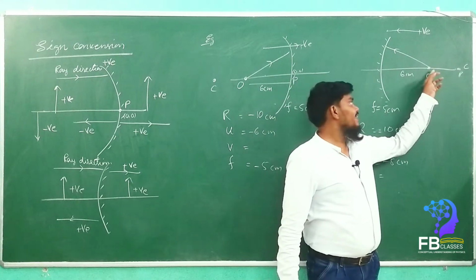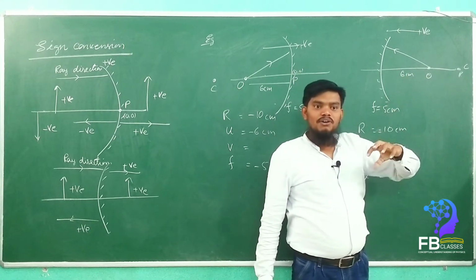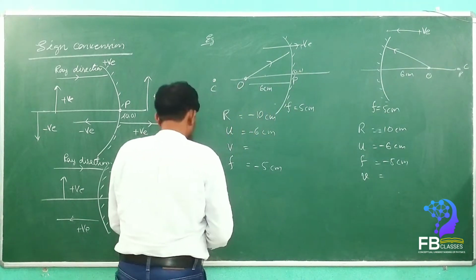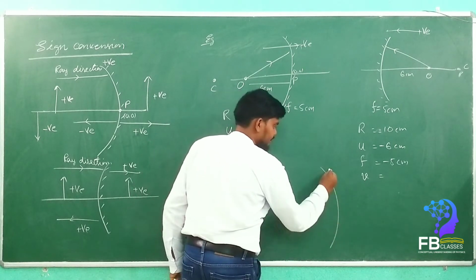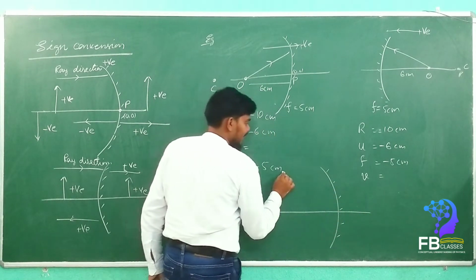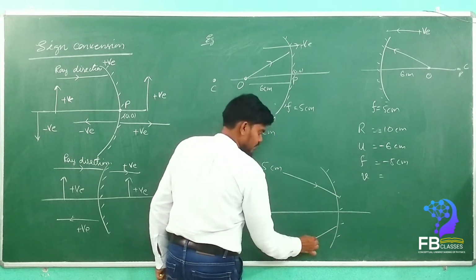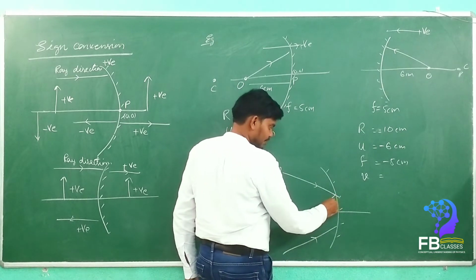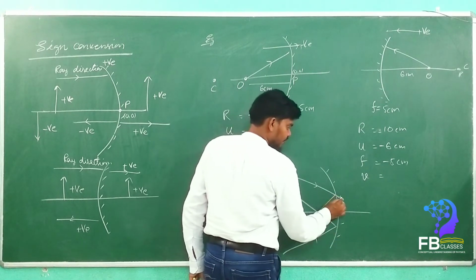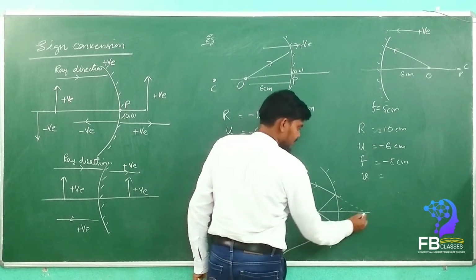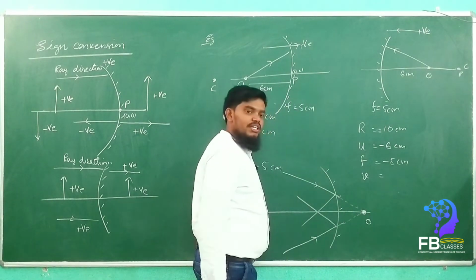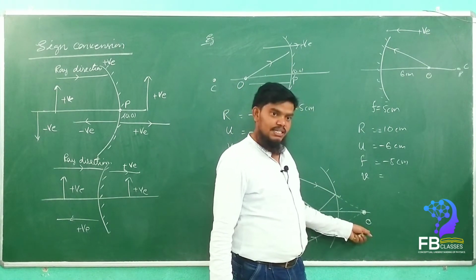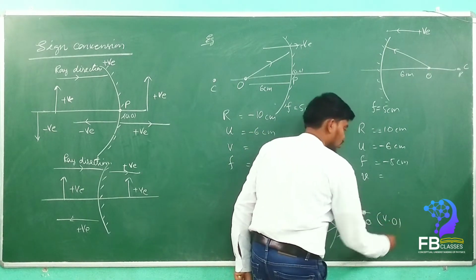I am not saying that the ray always comes from the object. A virtual object will also be there. For a virtual object, the rays will not come from it. See here, for example, take the mirror here, and now two rays come toward it. These two rays would be reflected back like this. But when both the rays are extended backward, here is the object. This object we call a virtual object for this mirror.